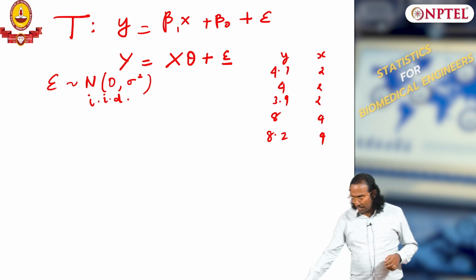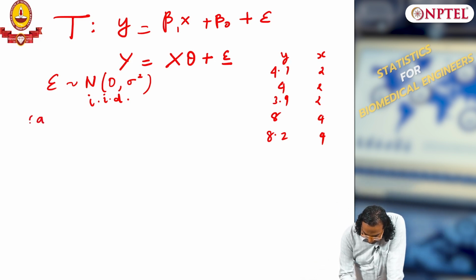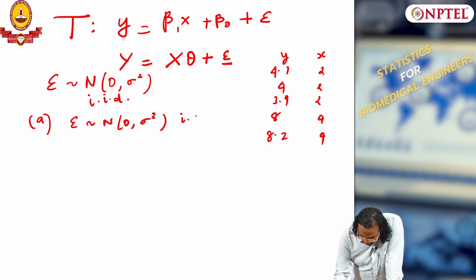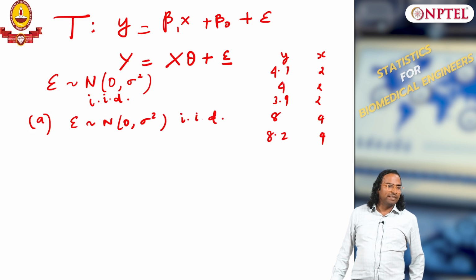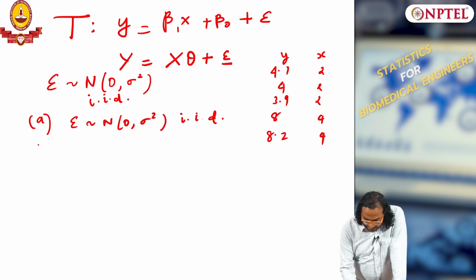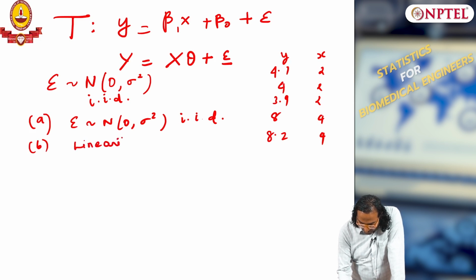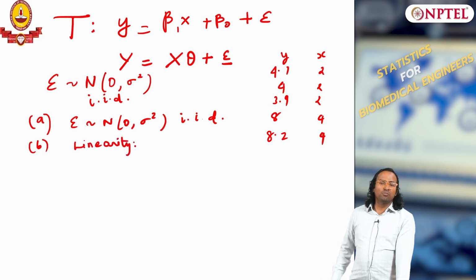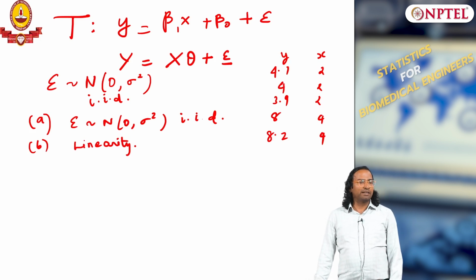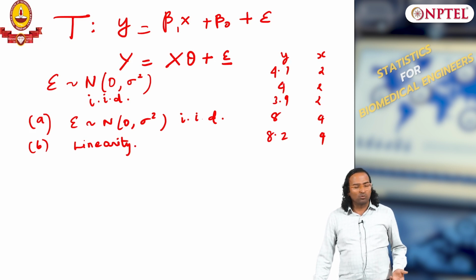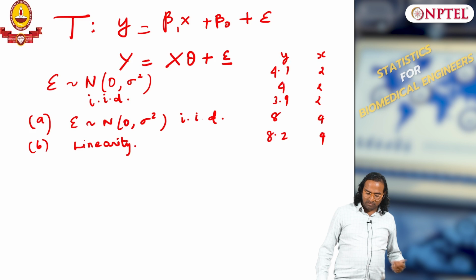Okay. So, let me write down the assumptions. First assumption, epsilon is... these are the assumptions I make before I fit the model, okay, only then the model fitting. The linearity assumption is already there. The moment I write the equation of truth, I assume that the truth is following a linear model, a linear relationship, okay. Otherwise I cannot compare the truth versus model, because if these two are two different model structures, I am at a loss, okay.